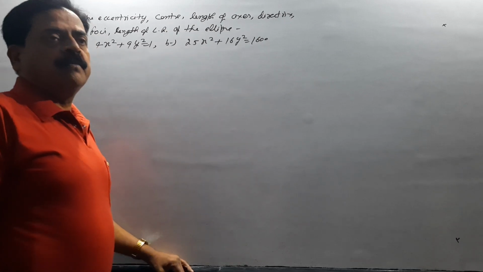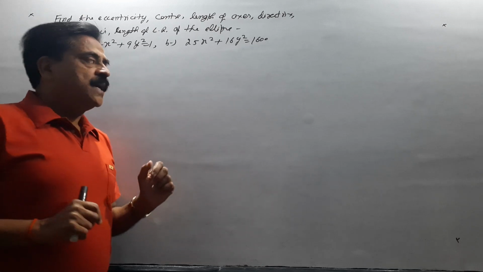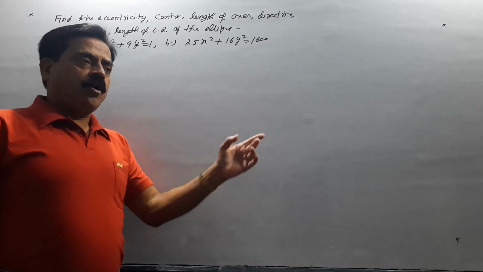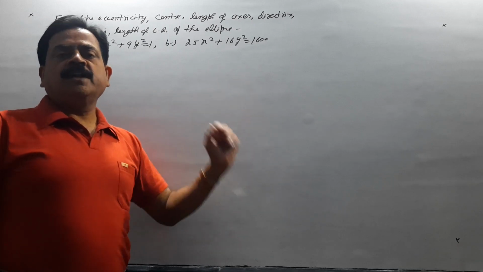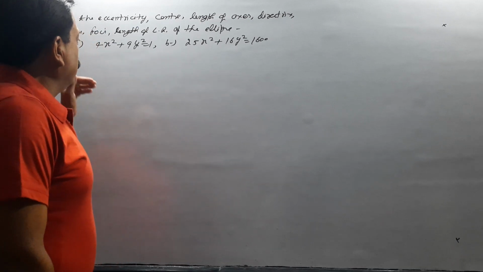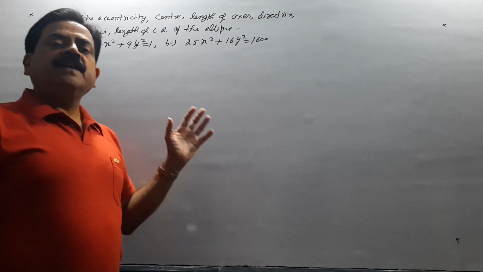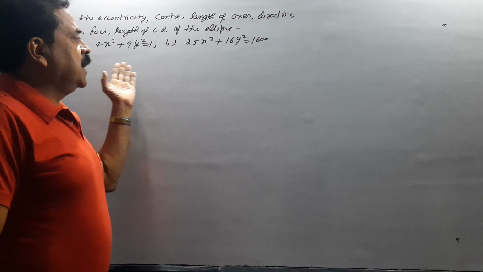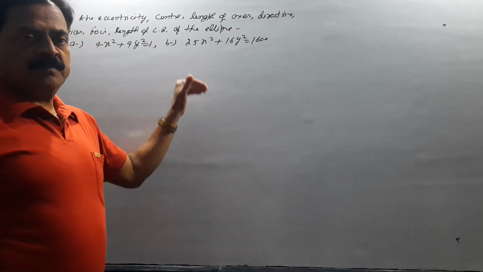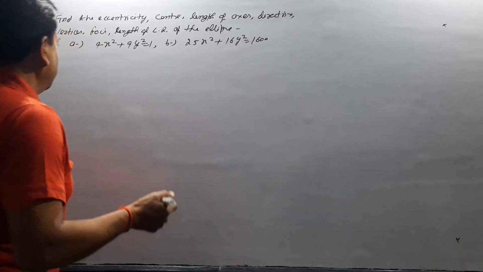Equations of ellipse are given in standard form, and in standard form we have to identify which kind of ellipse it is. Which kind means horizontal ellipse or vertical ellipse, and they can be identified by finding the values of a and b. If a is greater than b, then the ellipse is horizontal, and if a is smaller than b, then the ellipse is vertical. So first question,